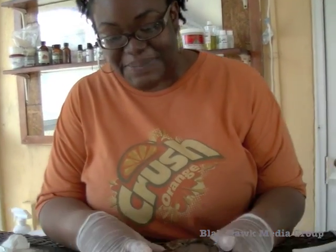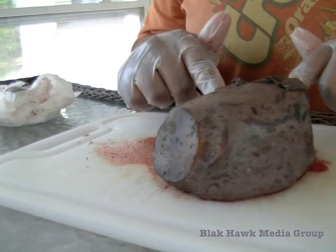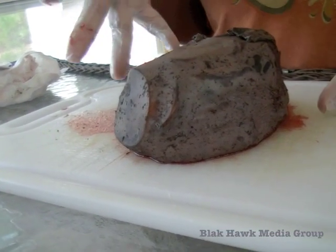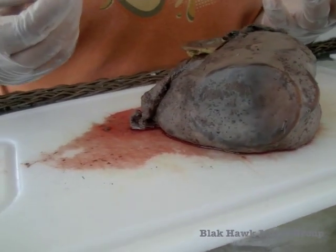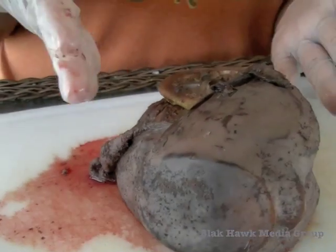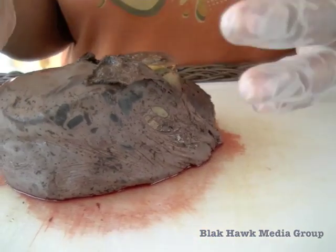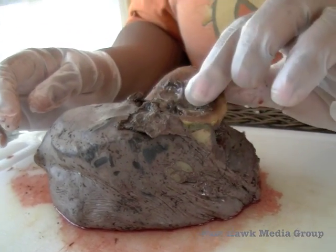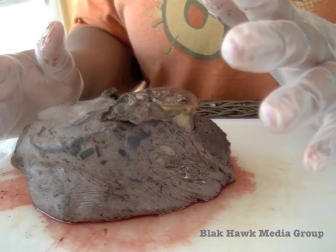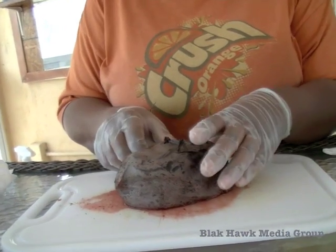All right, everybody, so we're back, and the placenta has been steamed on both sides. I didn't bleed it out. Some people will tell you to bleed it out while you're doing it, and others say just cut it and let it dehydrate. But this is the placenta. It has shrunk, I would probably say significantly, about 30%. Definitely not by half. So maybe about 20 to 30% it shrinks once you steam it. So I'm going to remove